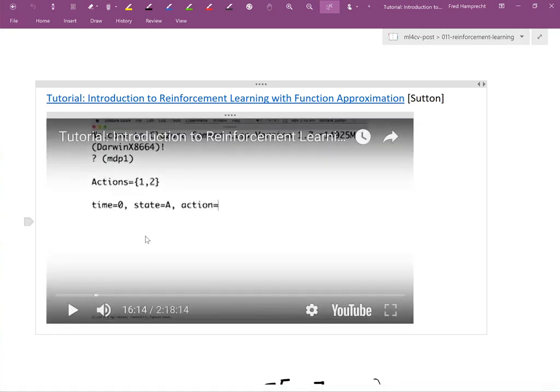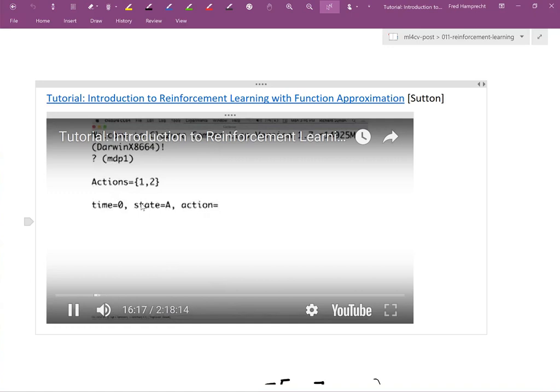But I like the example because unlike the robot ones and so on, where we humans easily see what problem the computer is supposed to solve or what the solution could look like, here the computer does know that it has two actions available, actions 1 and 2. It does not even know how many states there are. All it knows is that right now it's in state A, but it does not know if in state A it's better to do action 1 or action 2. So the computer can try one of the two.